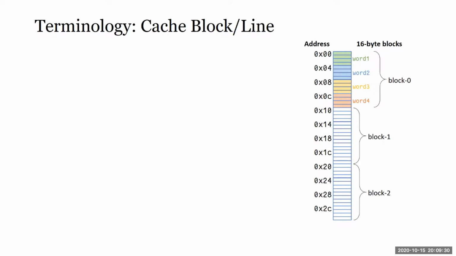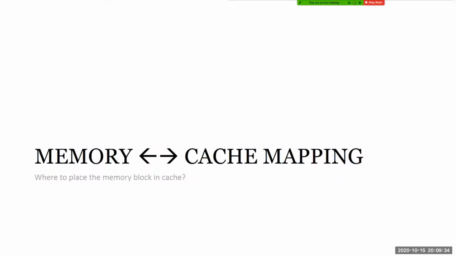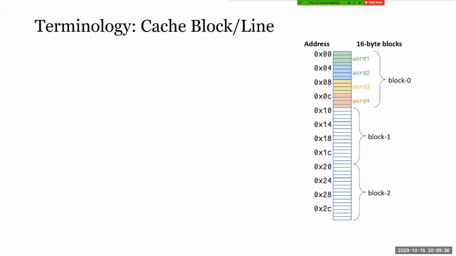Now, how do you map memory to cache? This is the interesting thing. Memory is one contiguous chunk of bytes. That's like a library bookshelf. Even though it's arranged in shelves and blocks, you can serialize it. You can number the books in the library as one contiguous run, from book 0 all the way to book 9099 or whatever. You can label them all contiguously like this.